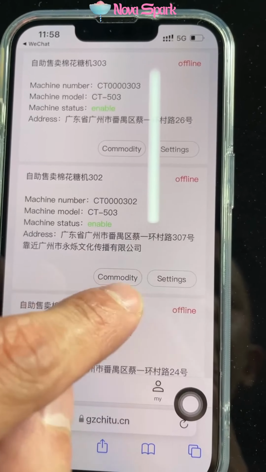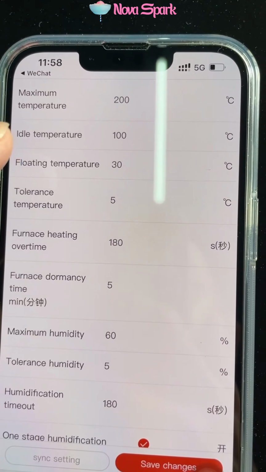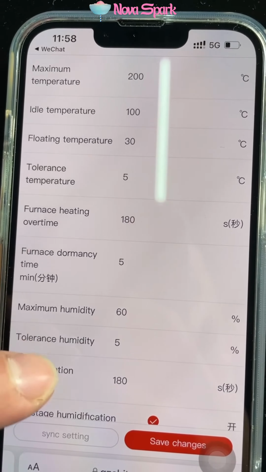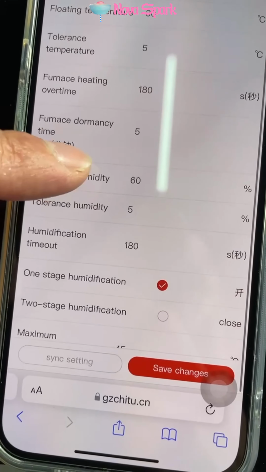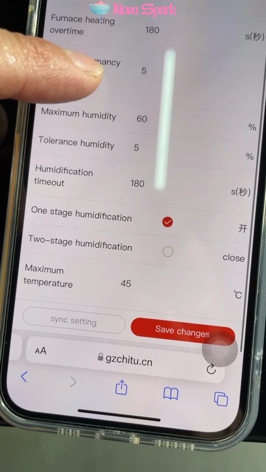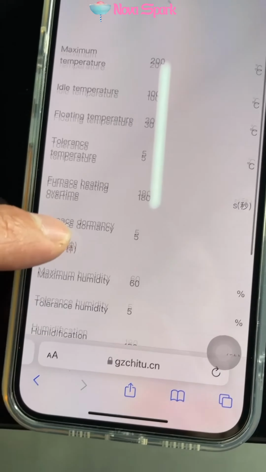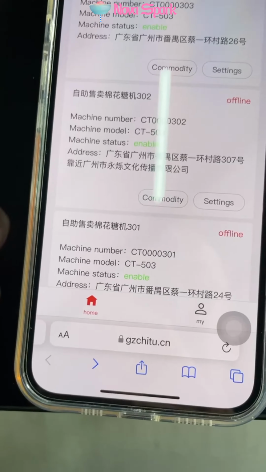We just put setting. And you can check maximum temperature, idle temperature, everything around here. You can just choose it. On-site humidity, everything, and save change if you like it. Alright, and then when you're back, okay,